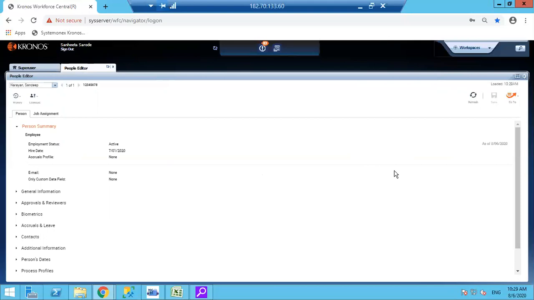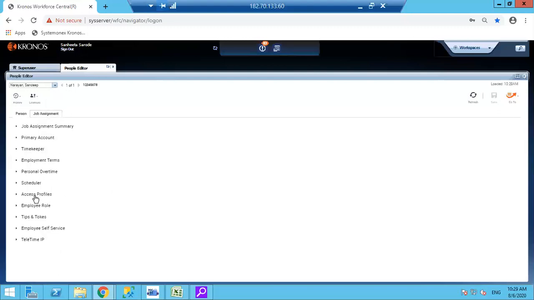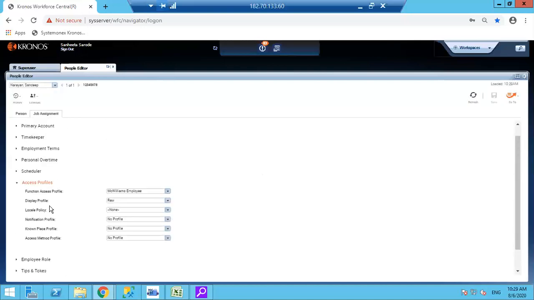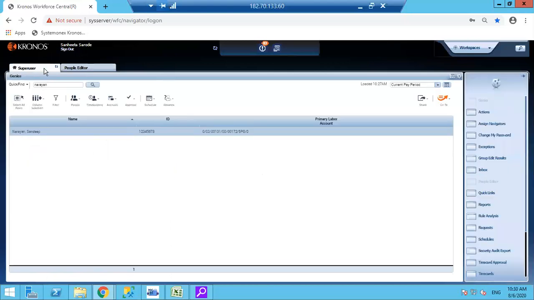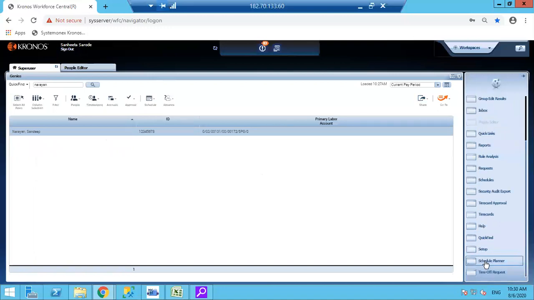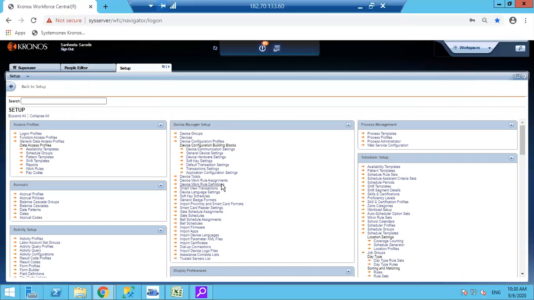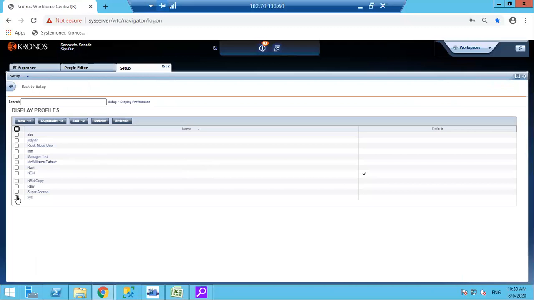First we search for the employee, then go to his people editor. Then under the job assignment tab, under access profiles, we check which access profile, that is display profile, is assigned to this Sandeep Narayan, that is raw. Now we will go to the setup tab, check display profile, which is raw,